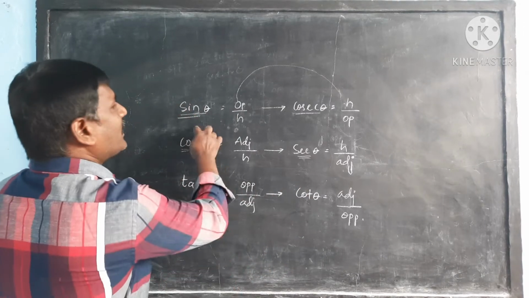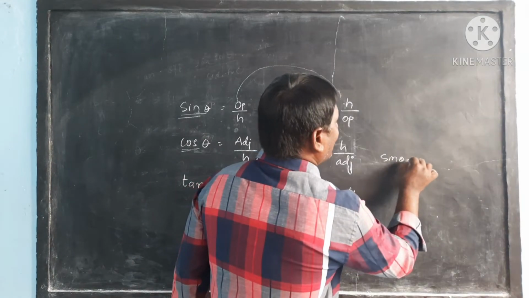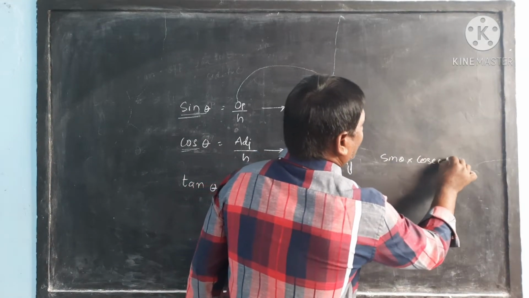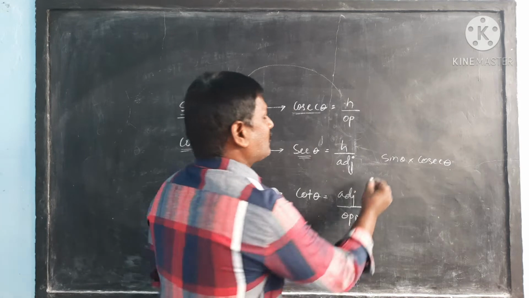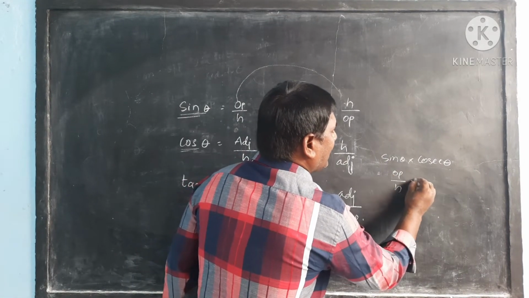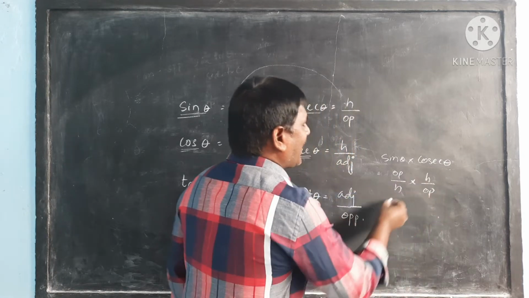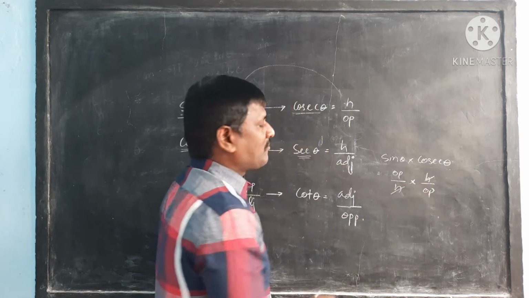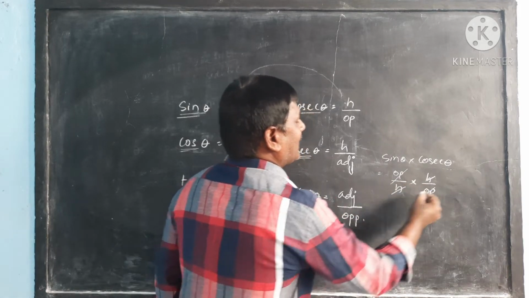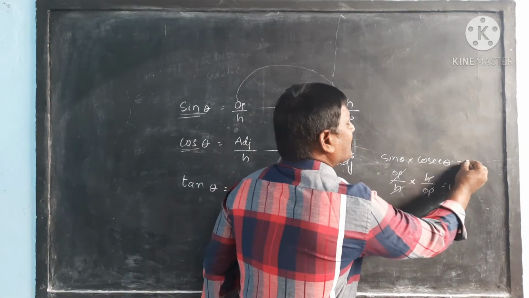ఇప్పుడు మనం ఈ రెండింటికి మల్టిప్లై చేసి చూద్దాం. ఇప్పుడు ఏం చేద్దాం, sin theta into cosec theta. Multiply these two terms, what you get? Sin theta అంటే మనకి opposite by hypotenuse, into cosec theta అంటే hypotenuse by opposite. So cancel these two, hypotenuse and opposite side will cancel. The answer is 1. So దీన్ని బట్టి ఏమవుతుందంటే sin theta and cosec theta కూడా ఏమొస్తుంది 1.